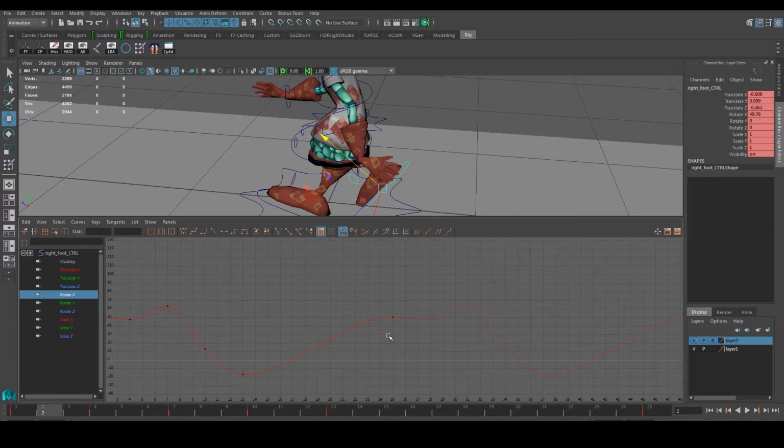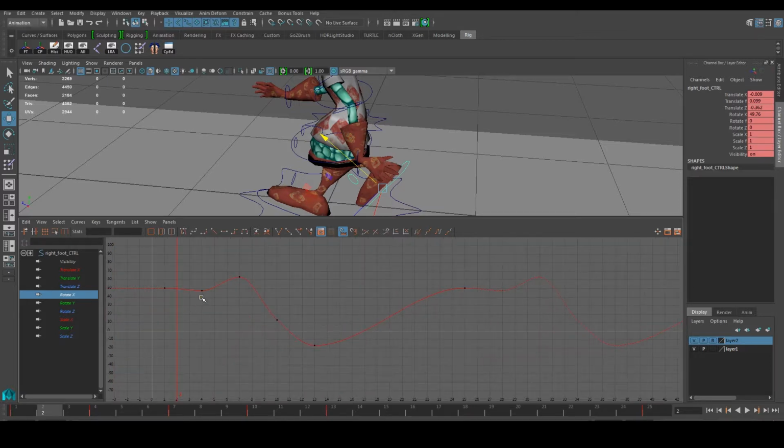So as you can see over here, some things are a bit inconsistent to me, where things go up and down pretty fast, so it's not exactly a smooth animation. So let's try to go and fix that, and maybe just break this tangent over here first, and then we'll try to see if we can push some of this up a bit. Right, and perhaps this guy over here, let's make it a bit more smooth there. Okay, what about this one? Let's see if I can use this instead. So this is to kind of make it like a flat line,